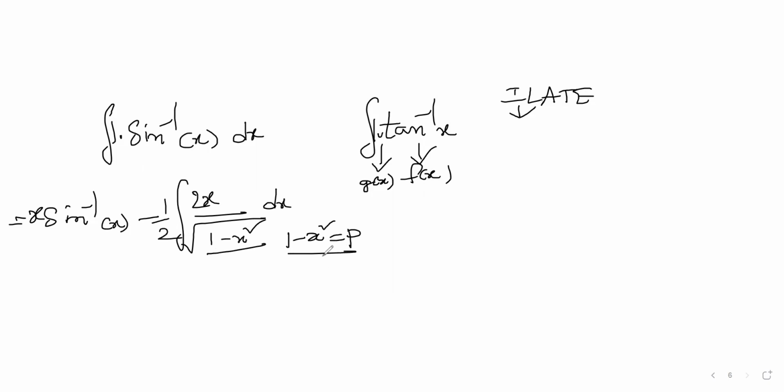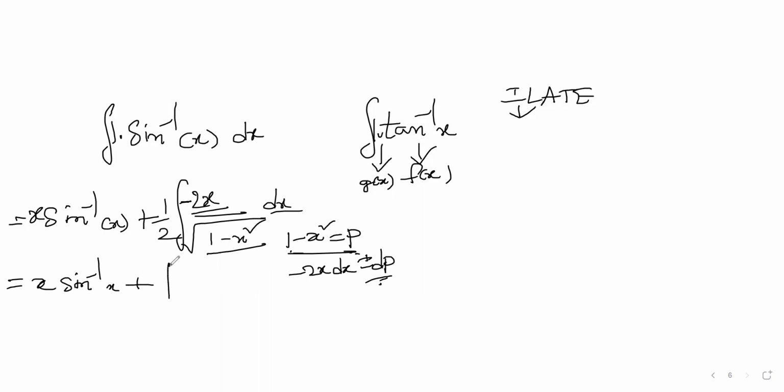then your integral is evaluated. Minus 2x dx happens to be dp for you, right? This negative sign, let's take it inside, and minus 2x dx is dp, and 1 minus x square is assumed p, right? So I have x sine inverse x